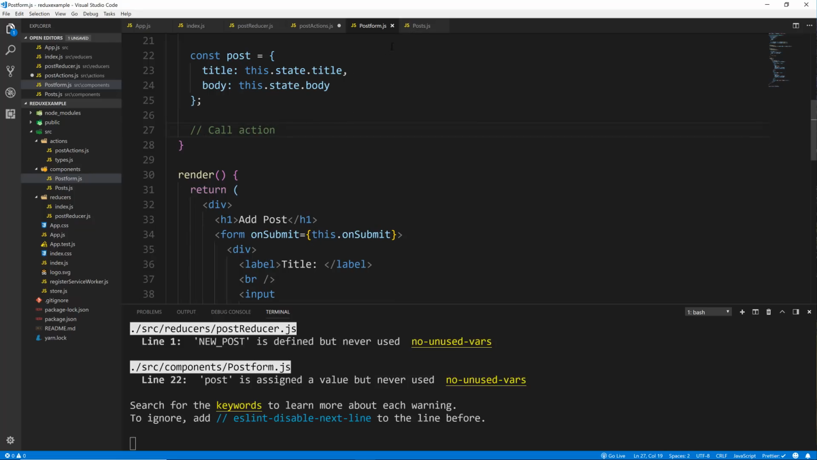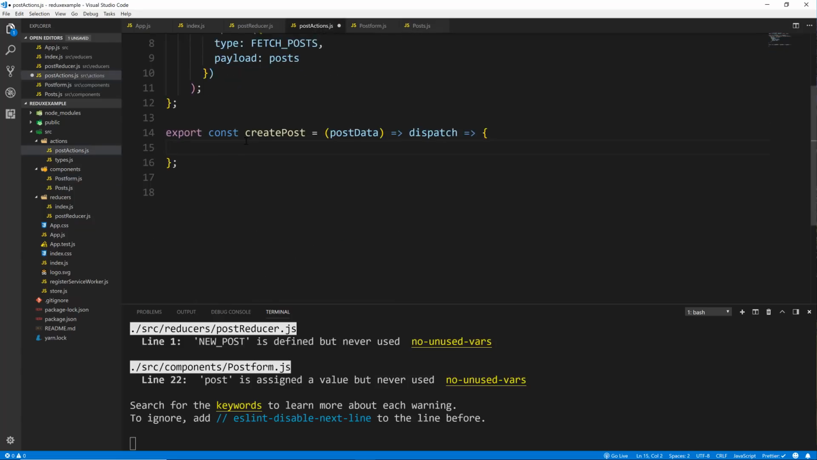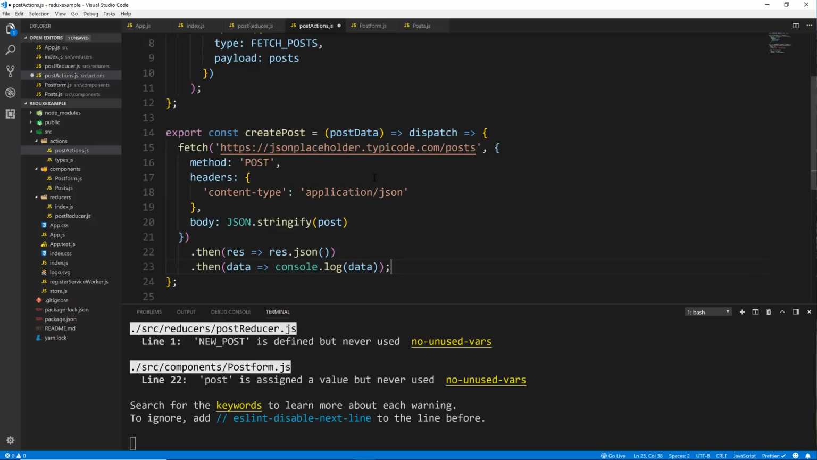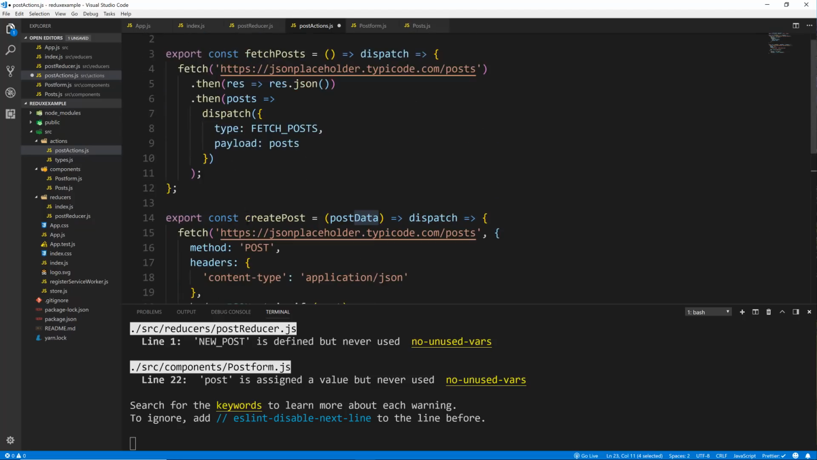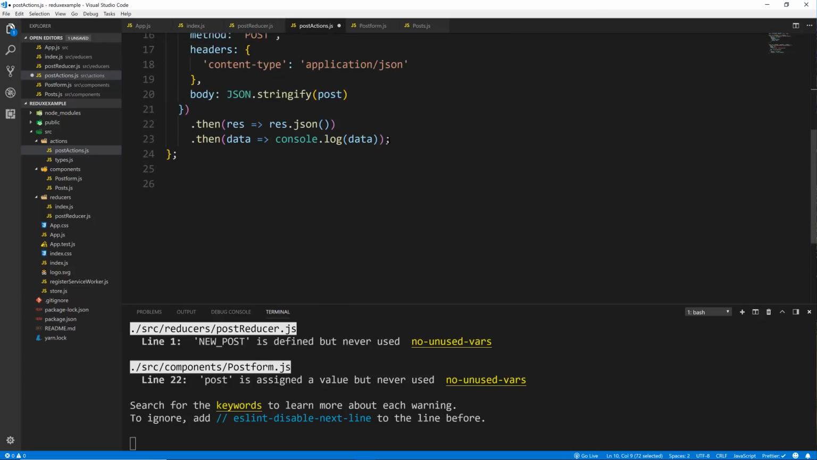We'll save that. We'll go back to our post actions, and we'll paste that in. Okay, now once we make the request, we're going to get back the data, which will be, remember, the single item, the single post. So we want to then dispatch just like we did here. Okay, so we're going to replace the console log with the dispatch, and this time the type is going to be new underscore post, and the payload, instead of data, remember,